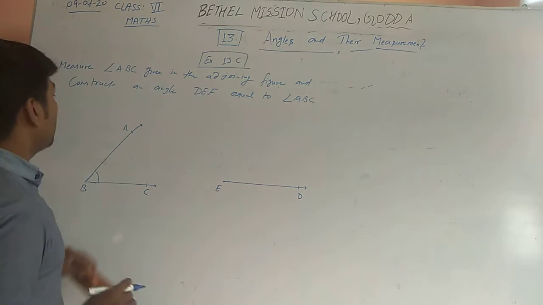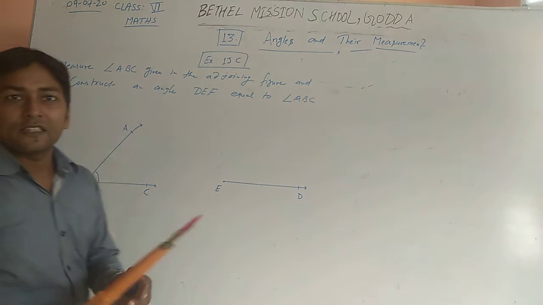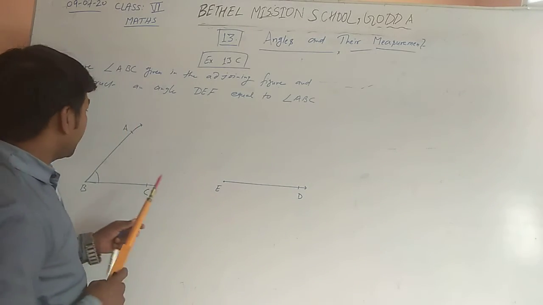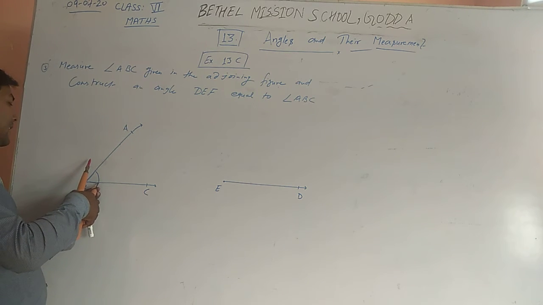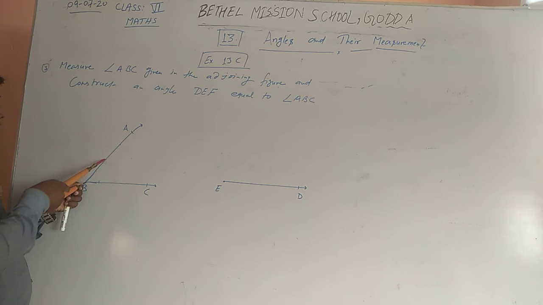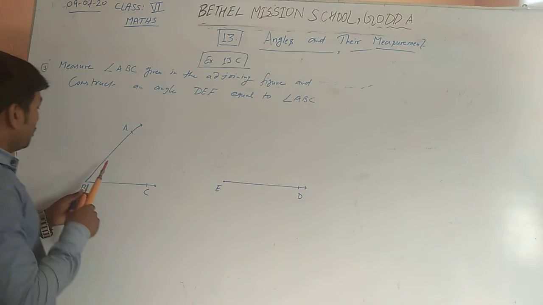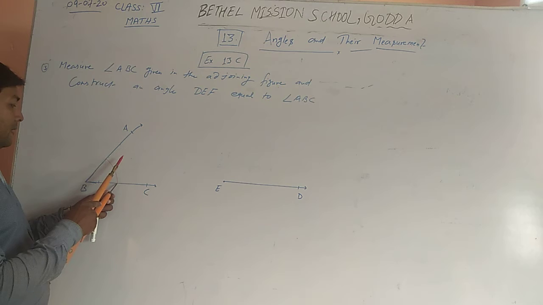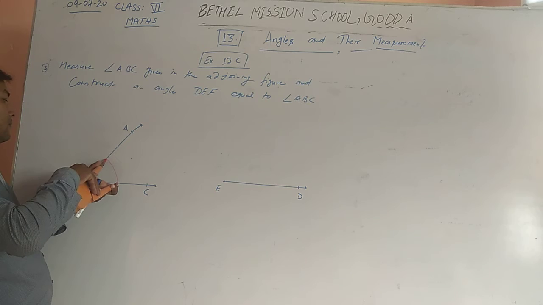Okay, we don't know how much this one, so you can take compass. You will take the compass and now you will measure this angle. Okay, you will measure this angle, or first we don't know this is right or wrong. Then you will draw. This figure is given in your book, so you will measure on your book. Just I am giving a demo. Okay, now we will measure how much this one. So we will measure this equals.